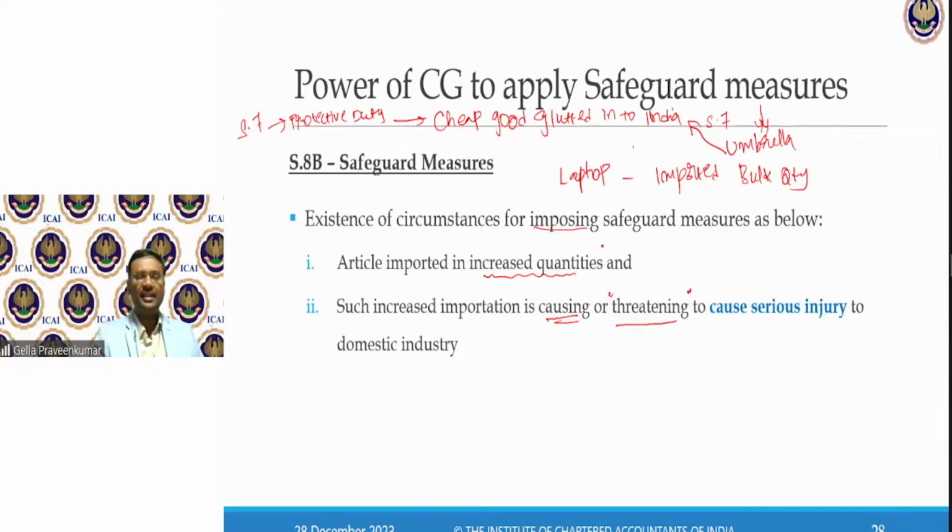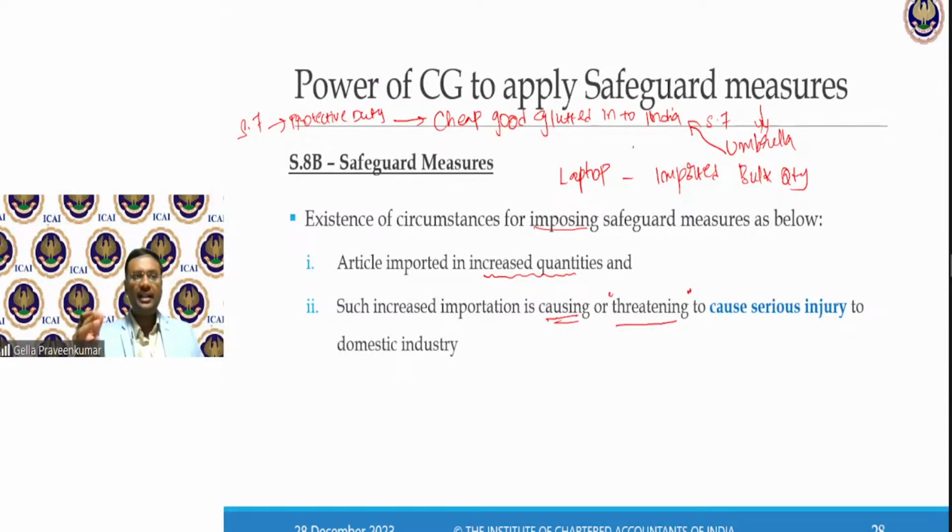Now, various reasons. As an industry, as a ministry, we don't know the reason, but please take it from me. The government officials are watching what is coming into India, what is going out of India.